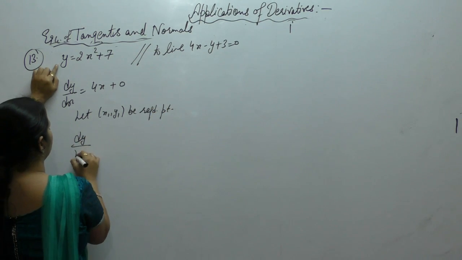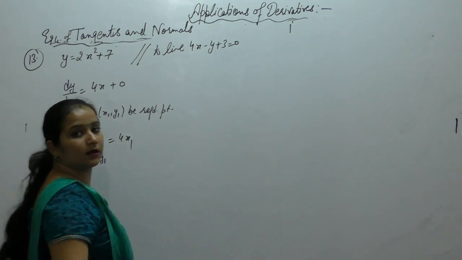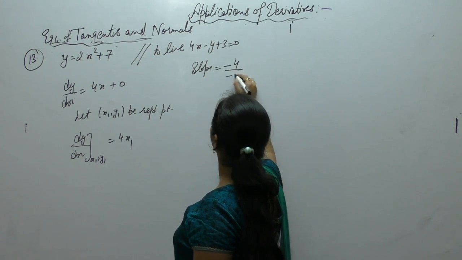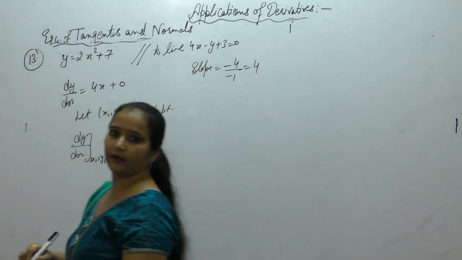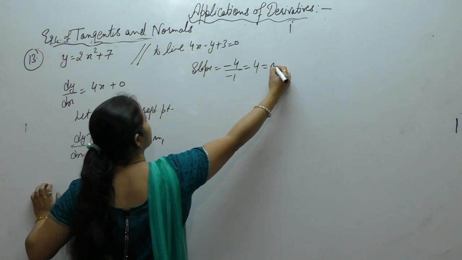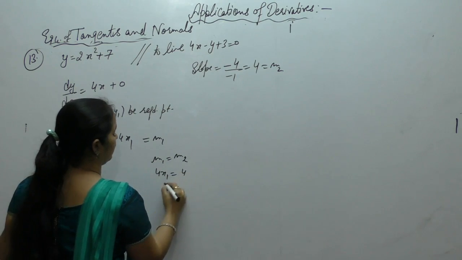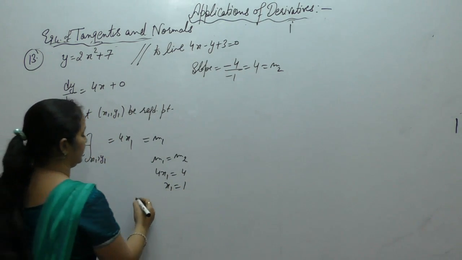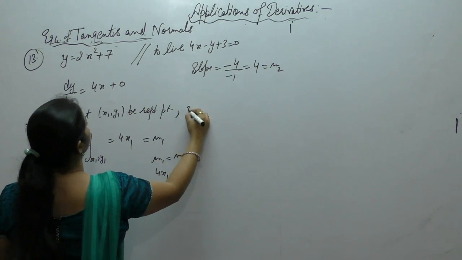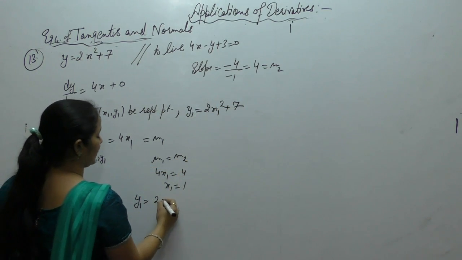Then dy/dx at (x1, y1) will be equal to 4x1. Now slope of this line is minus coefficient of x upon coefficient of y. Clear? Now these lines are parallel, so slope of tangent and slope of line will be equal. 4x1 equals 4, x1 is 1. Put this value of x1 here. Now since (x1, y1) is the required point, it will lie on the curve. Put value of x1 as 1, 2 plus